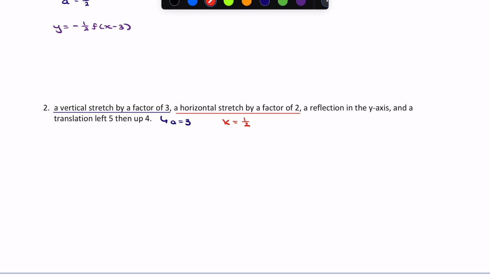A reflection in the y-axis. That means k will be less than 0 or will be negative. And a translation left 5. So d is equal to negative 5. And then up 4. So c is equal